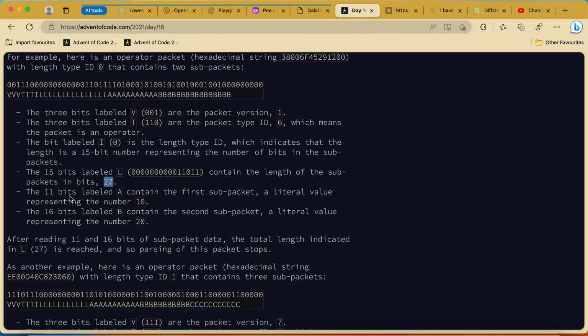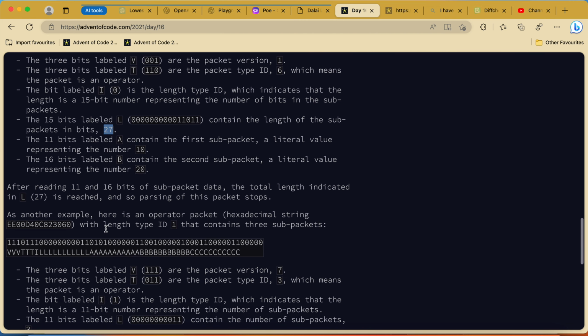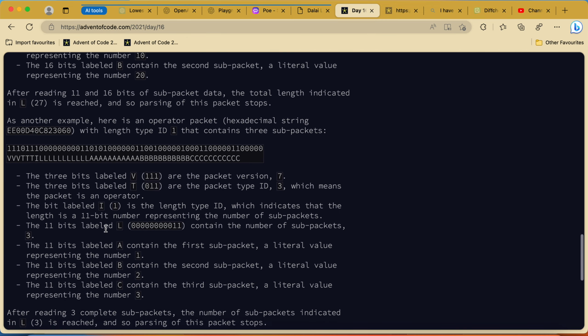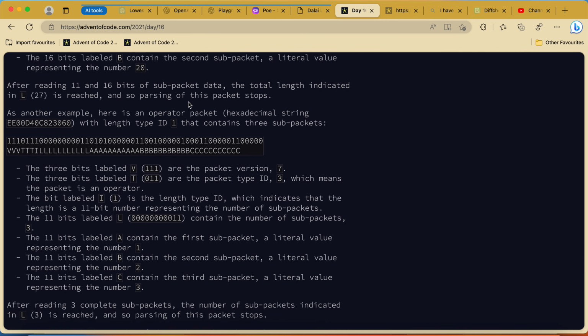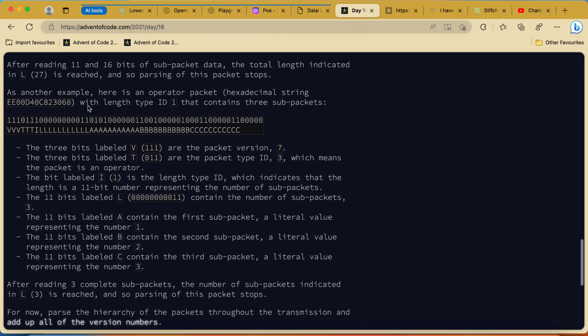The 11 bits labeled A contain the first sub-packet, a literal value representing the number 10, and the 16 bits labeled B contain the second sub-packet, a literal value representing the number 20. After reading the sub-packets, the total length indicated is reached, so parsing this packet stops.